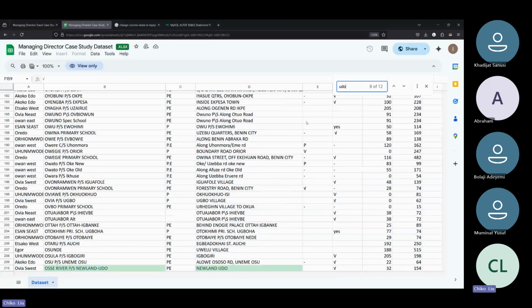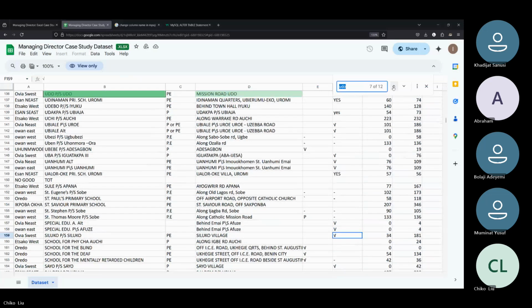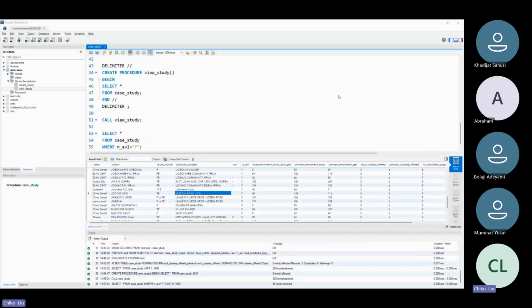And I have 8 entries. So this is the Udo primary secondary, and it's a check. So it's just to randomly check that this is actually a check mark that is correct. So I will now say